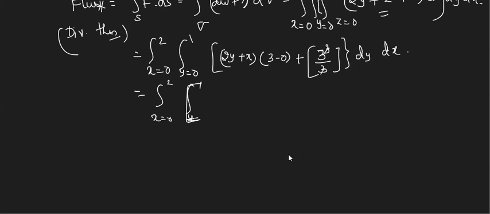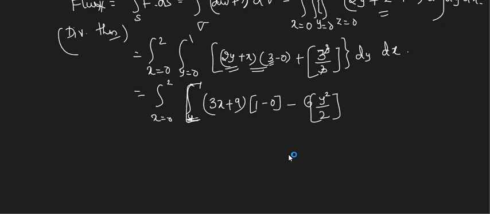Okay. Let us complete. So this is now 3 into x plus 9. So let us integrate with respect to y now. With respect to y, 3x plus 9 is constant. So y with respect to y is 1. Limits are 1 to 0. When you do for 2y, this has to be multiplied with 3. So 2 3s are 6y, 6 y square by 2. And y limit is 1, so 1 square.